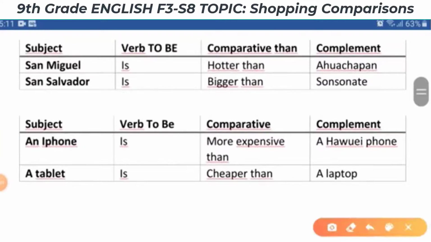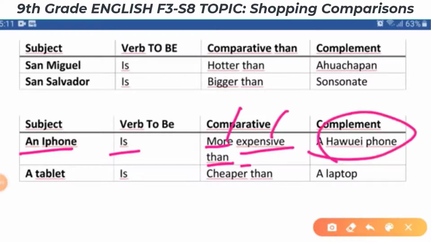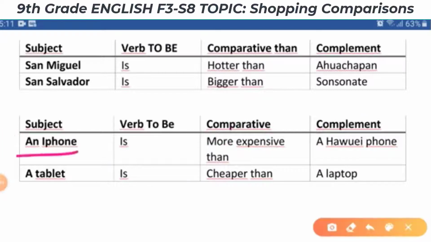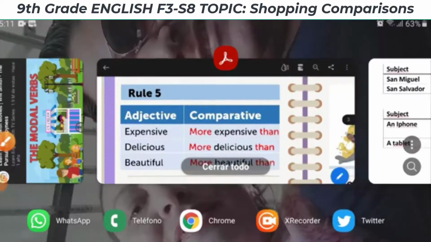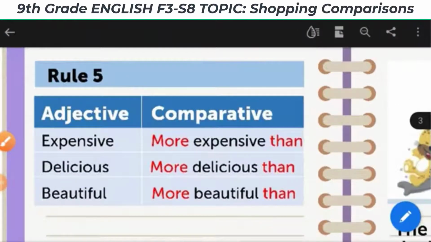Here. An iPhone is more expensive than, es más caro que, more expensive than a Huawei phone. Yes? An iPhone is more expensive than a Huawei phone. Yes, that's one example. More expensive than, más caro que. Now, pupusas